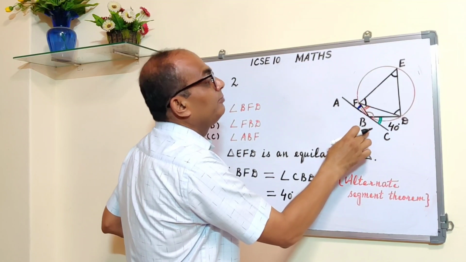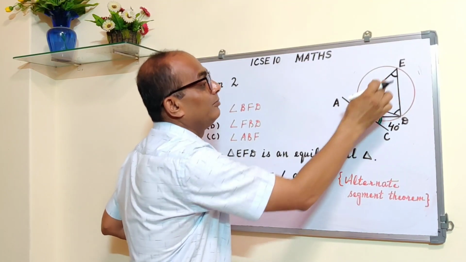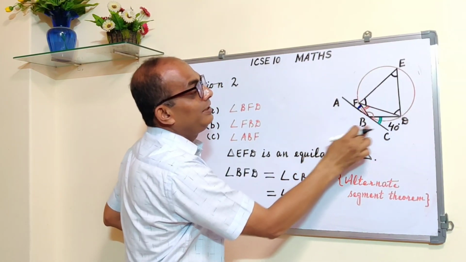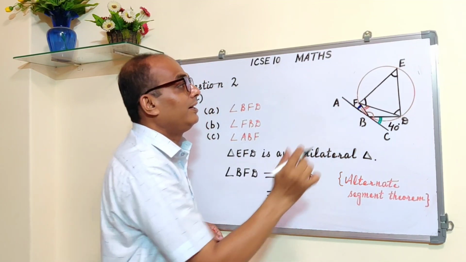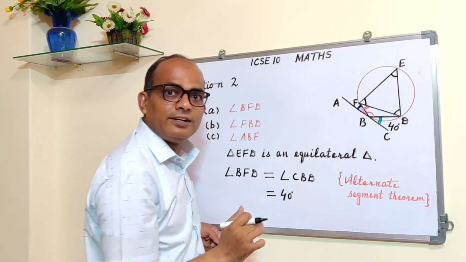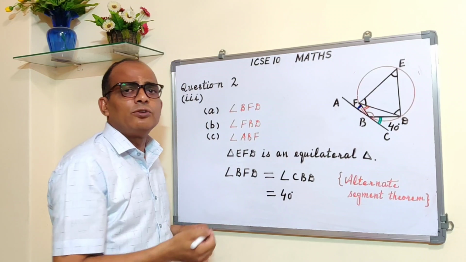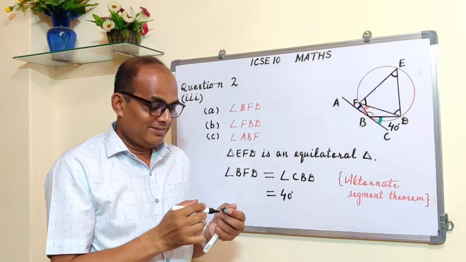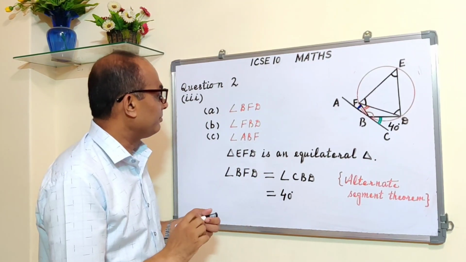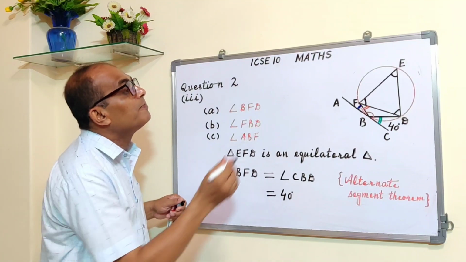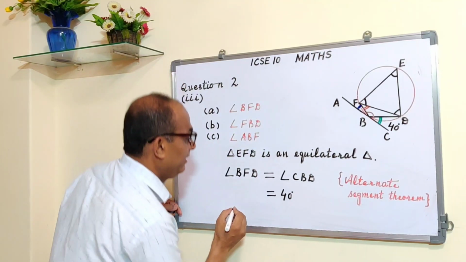Before we find FBD, we need to find this angle, because BDEF is a cyclic quadrilateral. If we know this, then this plus this is 180 degrees, and we can find it. This also we can do orally, but we cannot, because it's a 3 marks question and we have to show steps. So after this, we can write down angle E is equal to